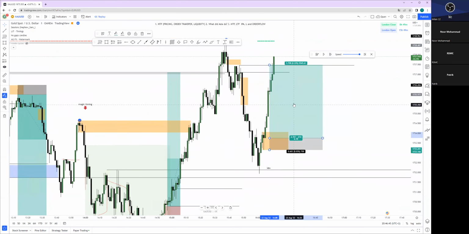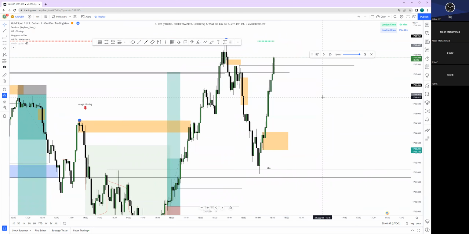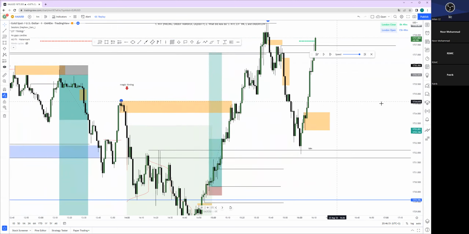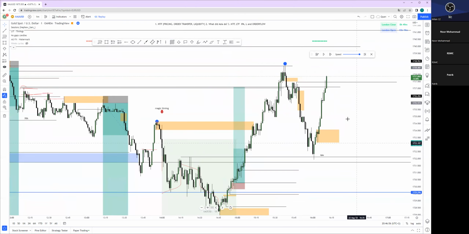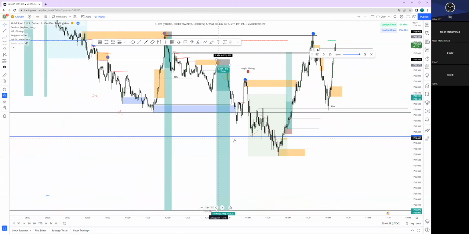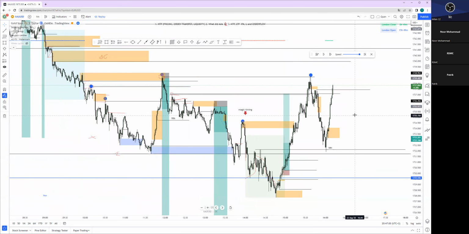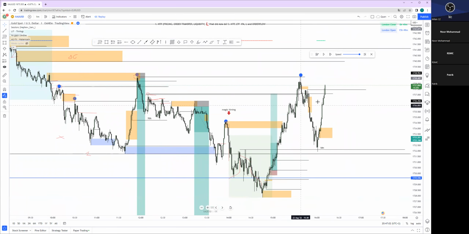Okay, and we never got tapped in, and this is exactly what I'm saying. This is exactly what I was saying about gold. You won't get confirmation entries, and we missed like 2 or 3 trades already because of that. So yeah, so